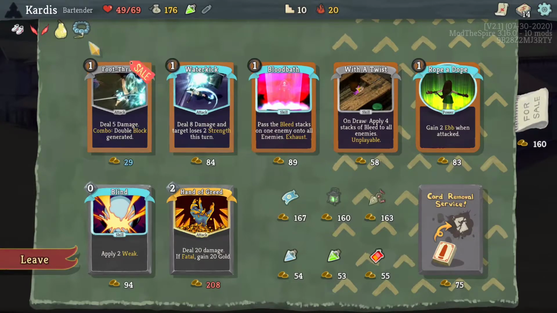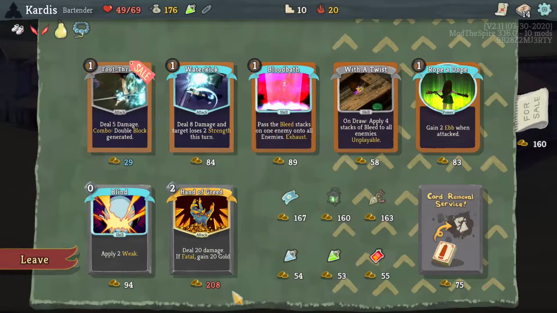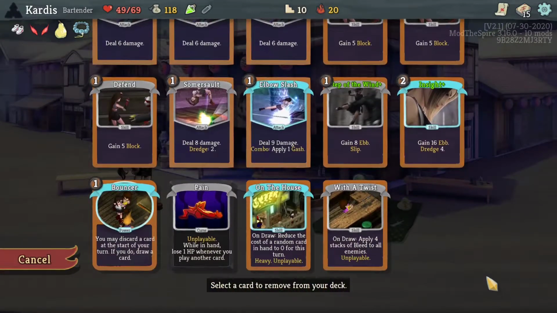Bloodbath. Yeah, this is kind of a weird card. I don't know why you would upgrade it, actually. Like, the upgrade is worse, because it doesn't leave your deck. Anyway, I think I want to do this. So I'll take this card, which, when you draw it, makes the enemy bleed. And then I will remove...